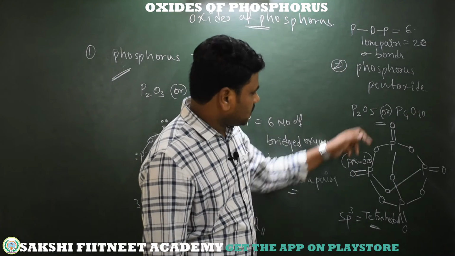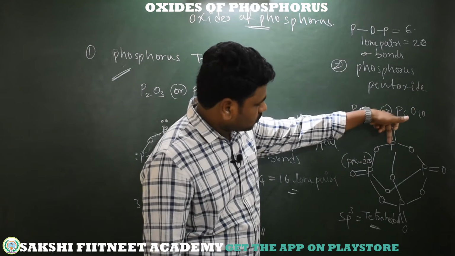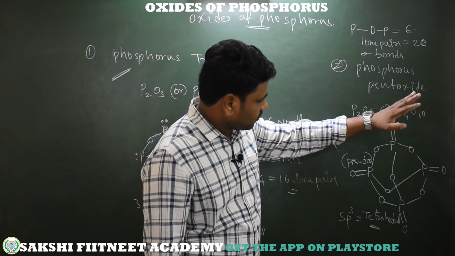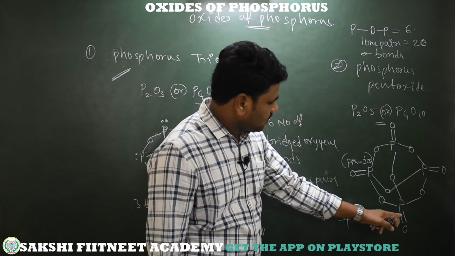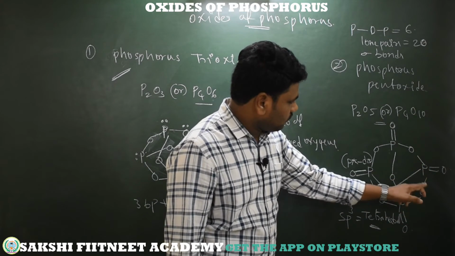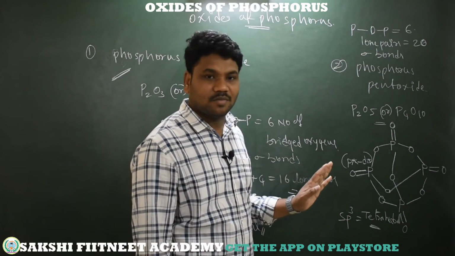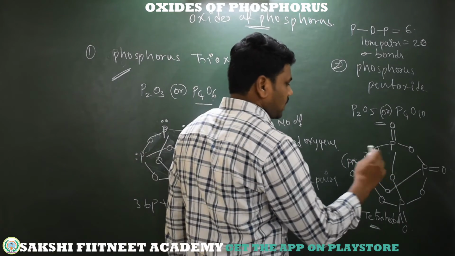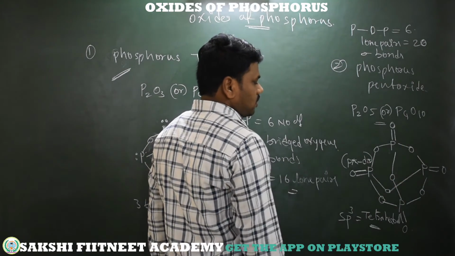In this entire structure, phosphorus 1, 2, 3, 4. This is actually a pi bond. So 4 sigma bonds, 4 sigma bonds, 4 sigma bonds, 4 sigma bonds. You just calculate the sigma bonds around the phosphorus. Around the phosphorus we are calculating means obviously our total number of sigma bonds we can cover.